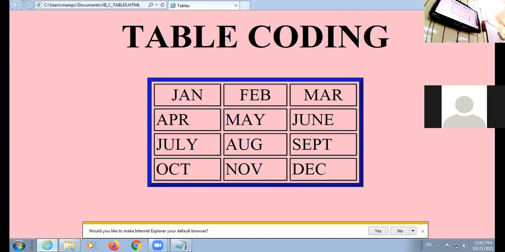When we use align in table, it only brings the table in the left or center or right. वो टेबल के डाटा को इफेक्ट नहीं करता. पर अगर आप अलाइन एट्रीब्यूट टीआर में लोगे, वो पूरी रो को इफेक्ट करेगा. जितने भी सेल उस रो में होंगे वो सारे सेल्स को इफेक्ट करेगा.